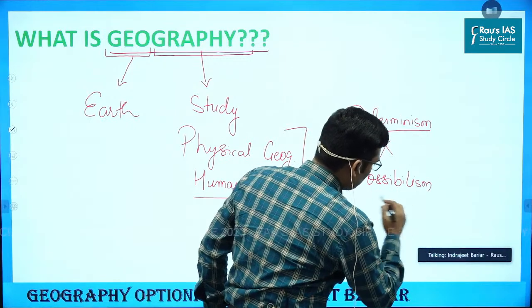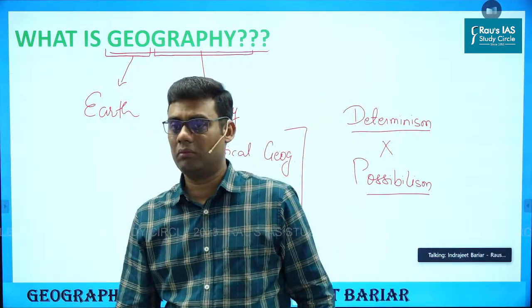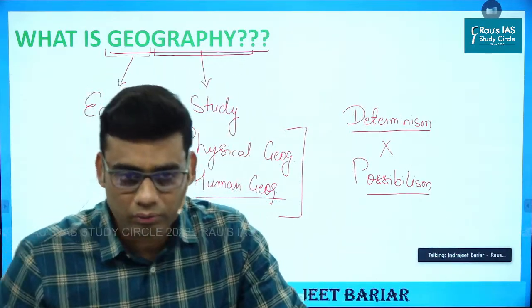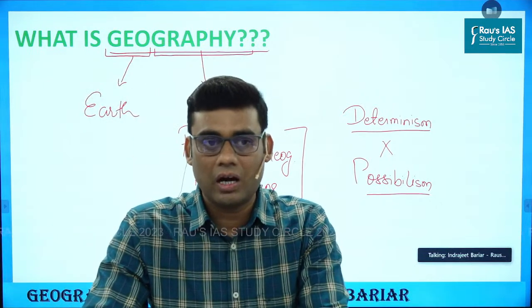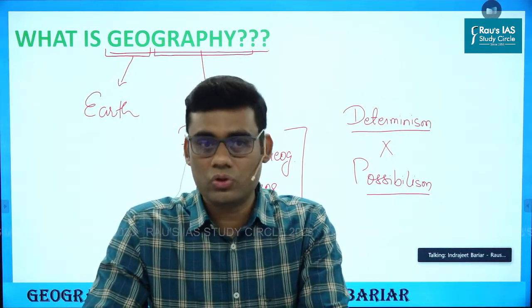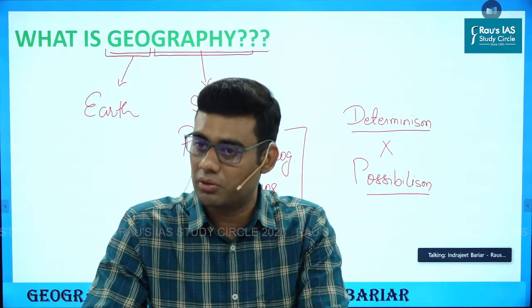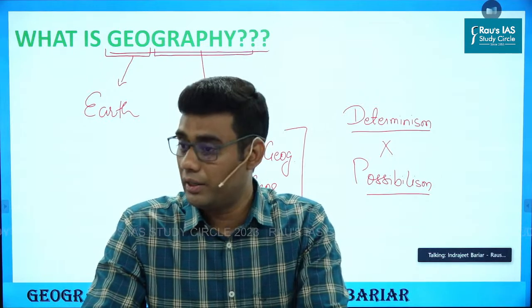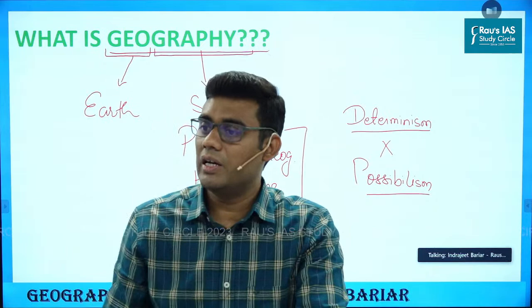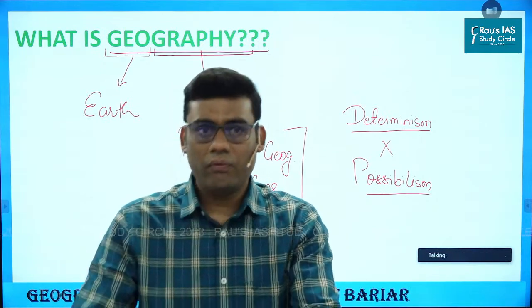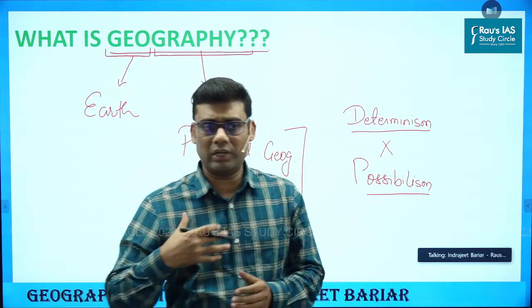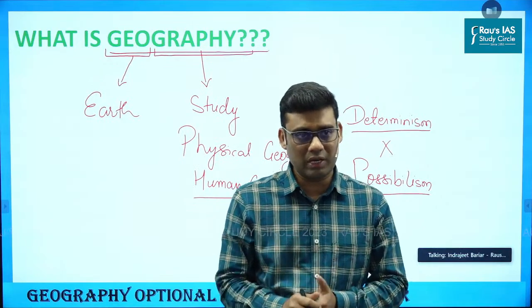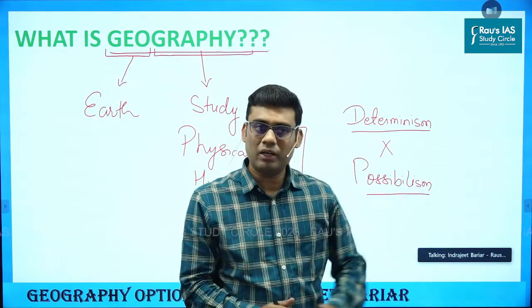So possibilism now. Possibilism put forward the idea that humans are capable of choosing amongst different possibilities. And in fact, to that extent, humans can create possibilities. Now, very obviously, give examples if you see. Take, for example, when it began,